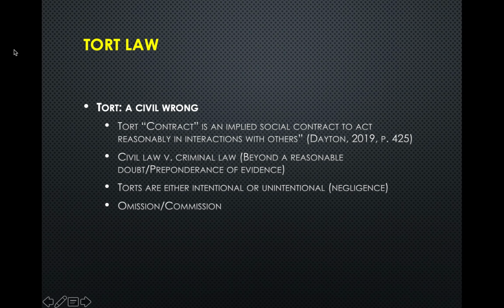And so when we talk about omission and commission, a crime of omission is when a person fails to act when he or she is required to act. It's their responsibility. A perfect example of that would be child neglect or failure to attend jury duty, if we're getting off topic. But crimes of commission are when a person does something against the law. They murder, they steal, they break the law.